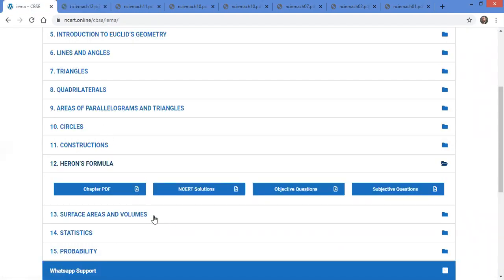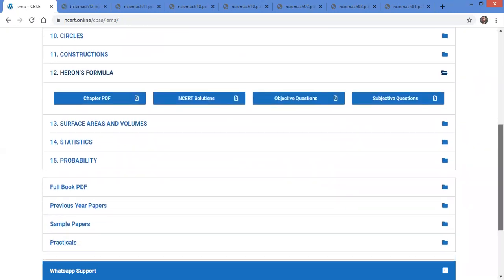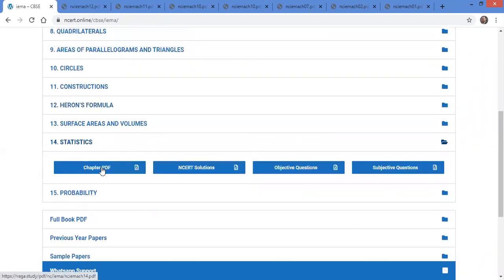Now surface area and volume, there is no cut. All the figures, cube, cuboid, sphere, cylinders, hemisphere, all that you have to do. It's very important because for class 10 also all the figures will be repeated, so no deletions there. So straight away we come to statistics. In statistics, what is deleted is